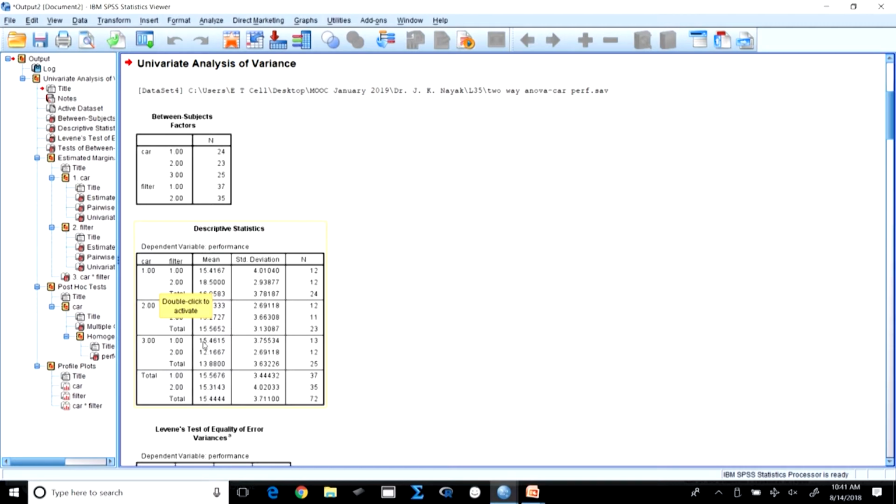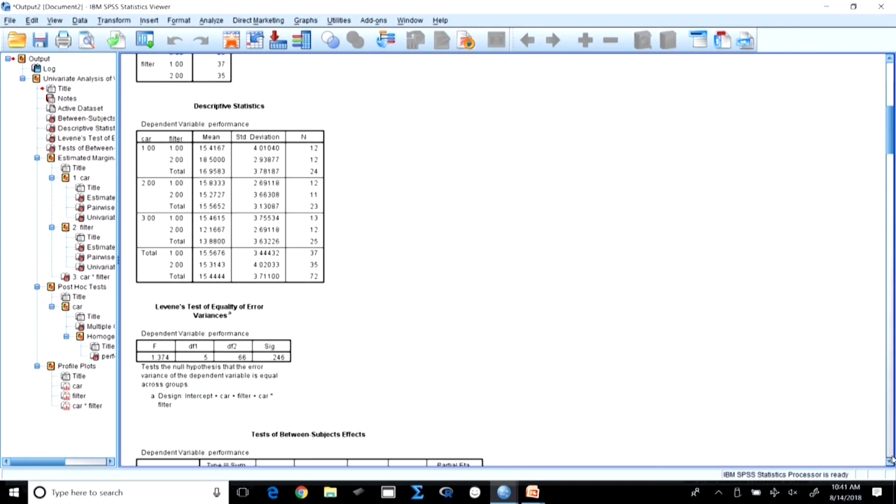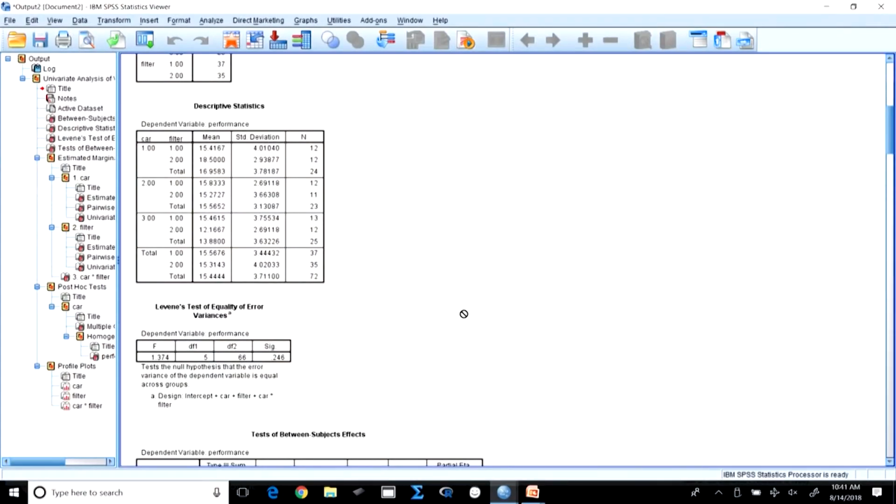Now, first of all we want to see the assumption of homogeneity of variance. Homogeneity of variance is a very important test and you need to report it when you write your research paper, whether the groups do have equal variance or not. So, that is our null hypothesis. Here the Levene's test says that the result is not significant at 0.246, that means the null hypothesis cannot be rejected, right. So, what is the null hypothesis? That there is an equal variance among the groups. So, it is correct. So, that means there is a homogeneity of variance.